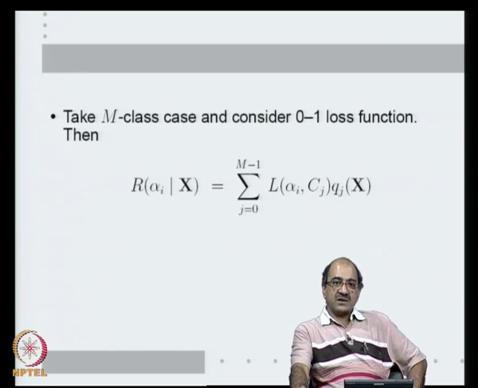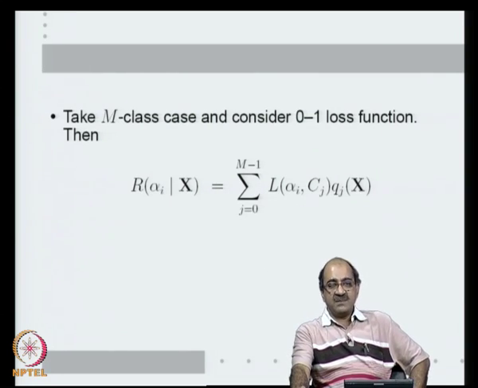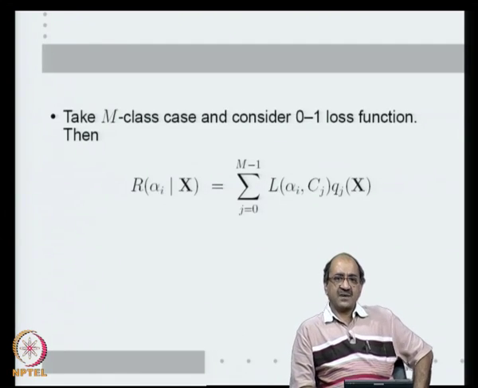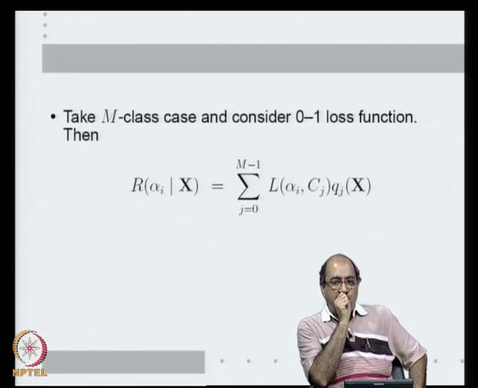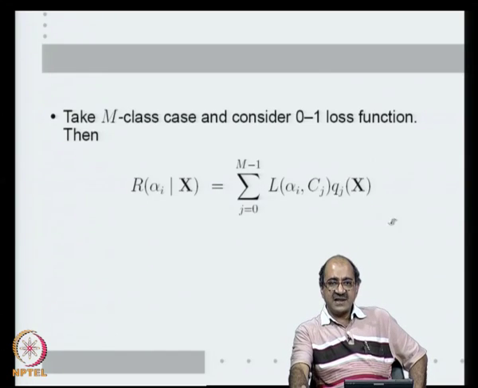To consider another special case, let us take the m class case, but now instead of a general loss function, consider a 0-1 loss function. Once again, this is the general expression for R of alpha_i given x. Now, if I consider the 0-1 loss function, L(alpha_i, C_j) is 1 if alpha_i is not equal to C_j, and 0 if alpha_i is equal to C_j. Now, the alpha_i's are the same as the C_j's for us. Whenever alpha_i is not equal to C_j, the loss is 1, so only those terms contribute. When alpha_i is equal to C_j, the loss is 0. So, this expression becomes